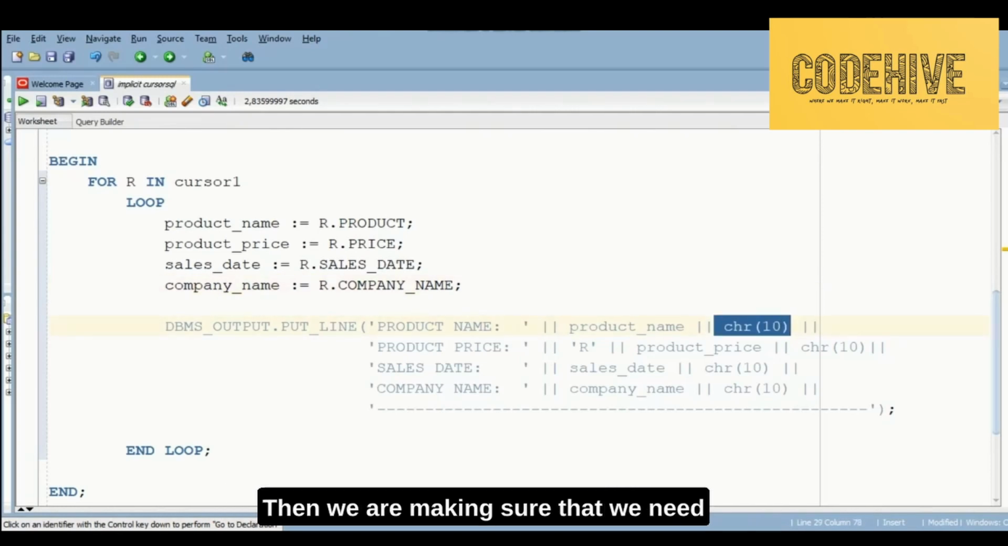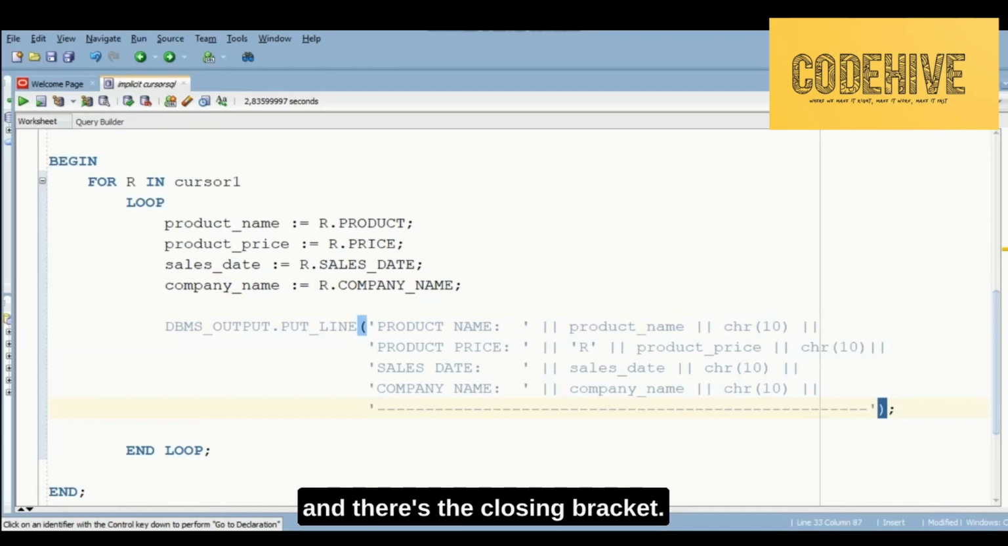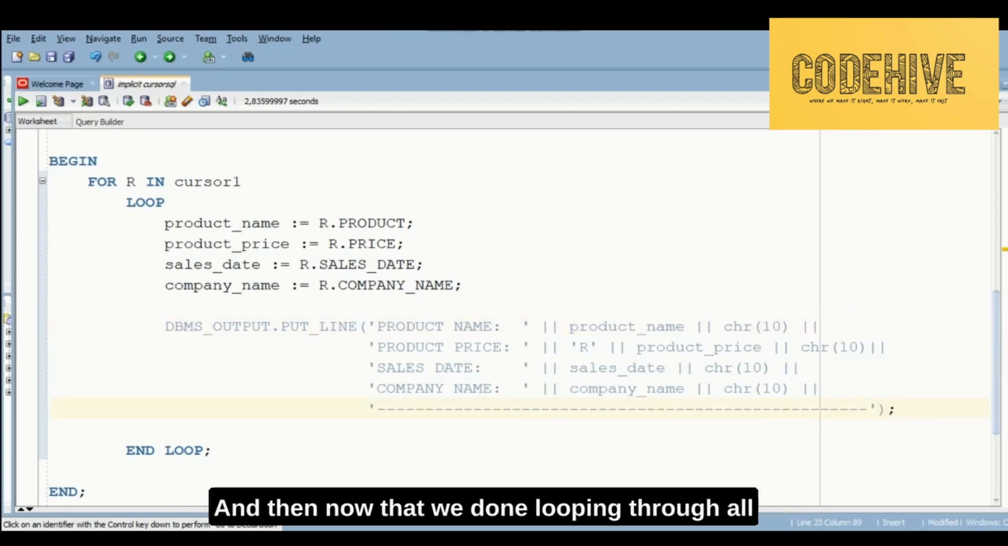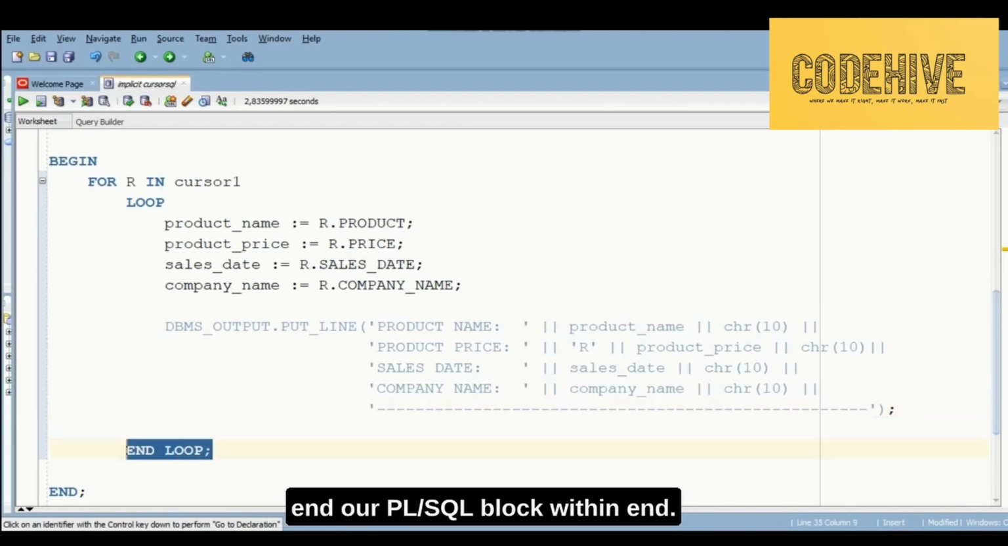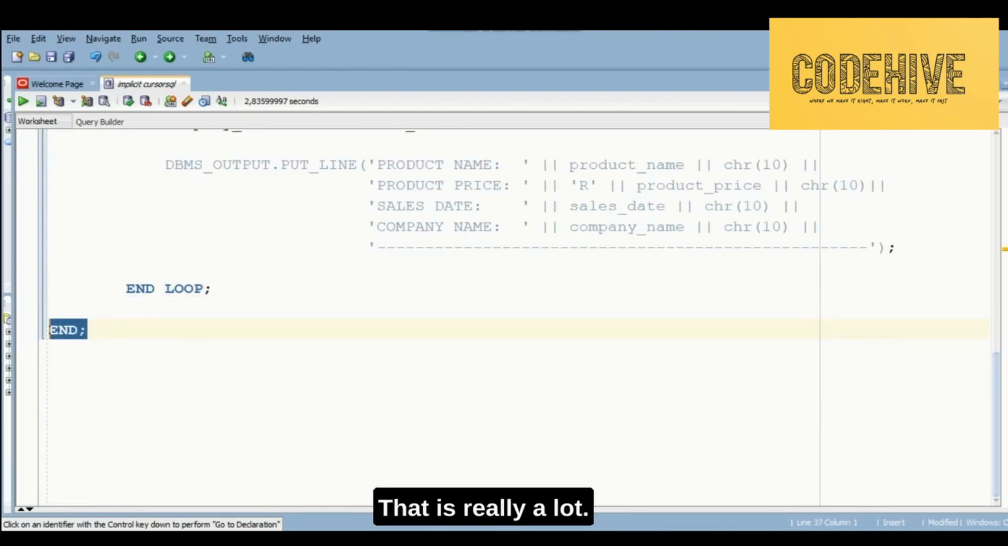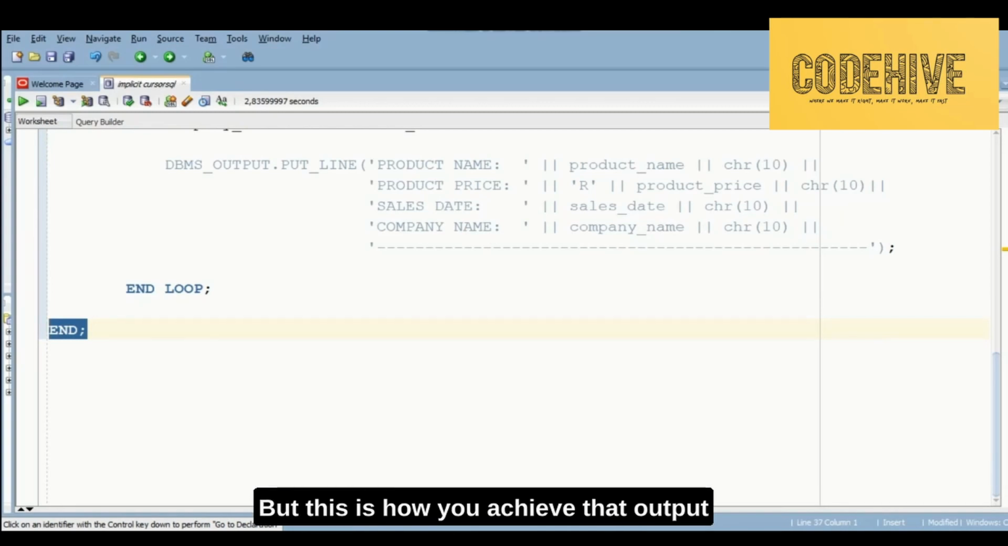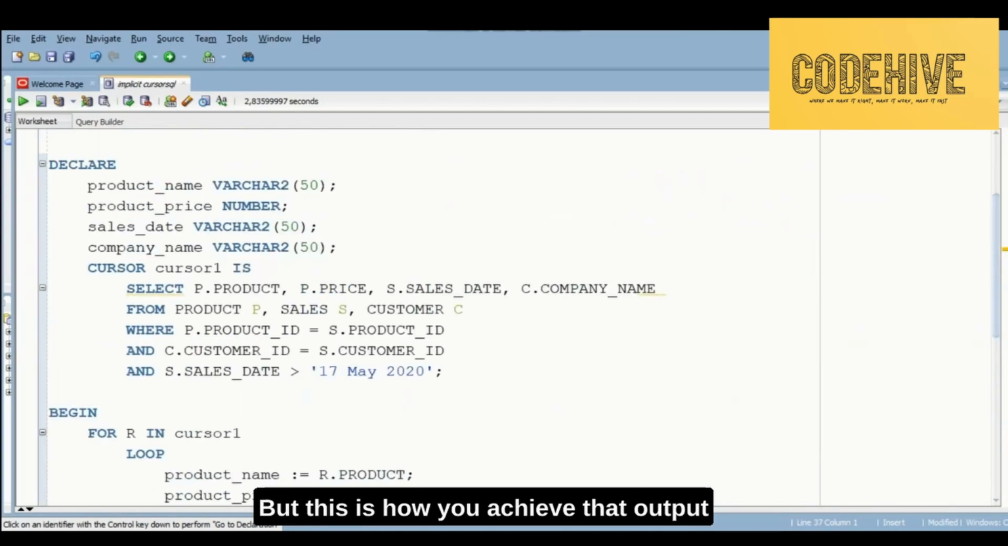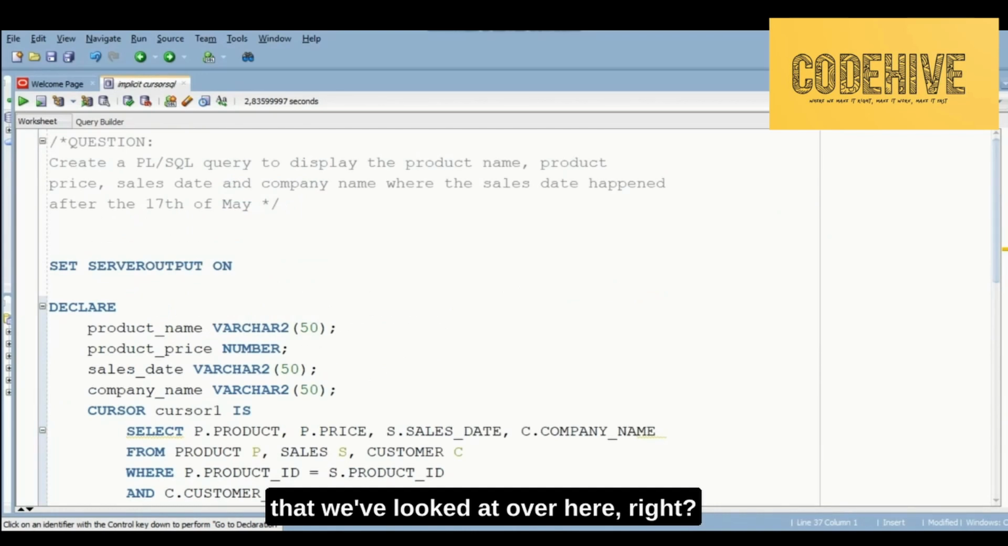And then we need to end the bracket at the end. So there's the opening bracket and there's the closing bracket, and always make sure that you end your statements with a semicolon. And now that we're done looping through all of that, we end our loop, and then we end our PL/SQL block with an end. Okay, so that's a lot. That is really a lot, but this is how you achieve that output that we've looked at over here,